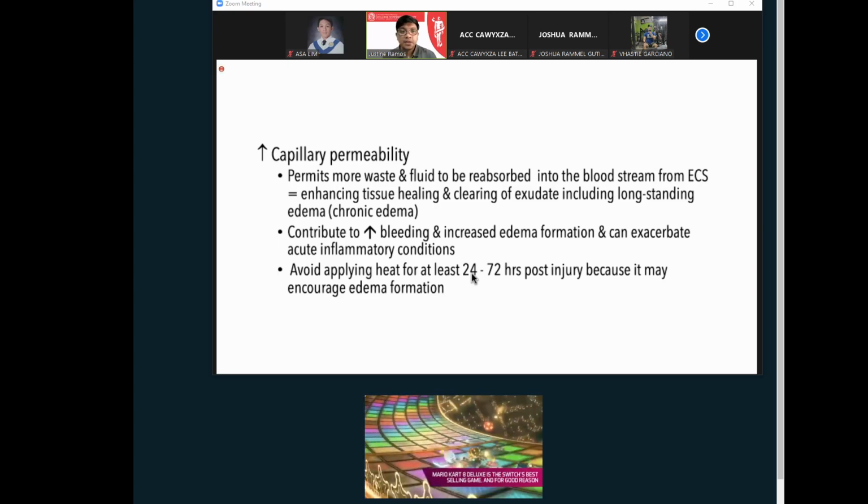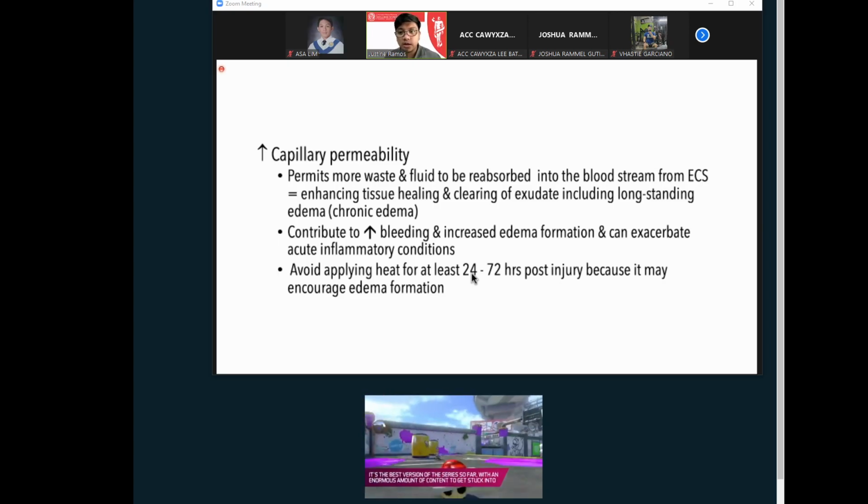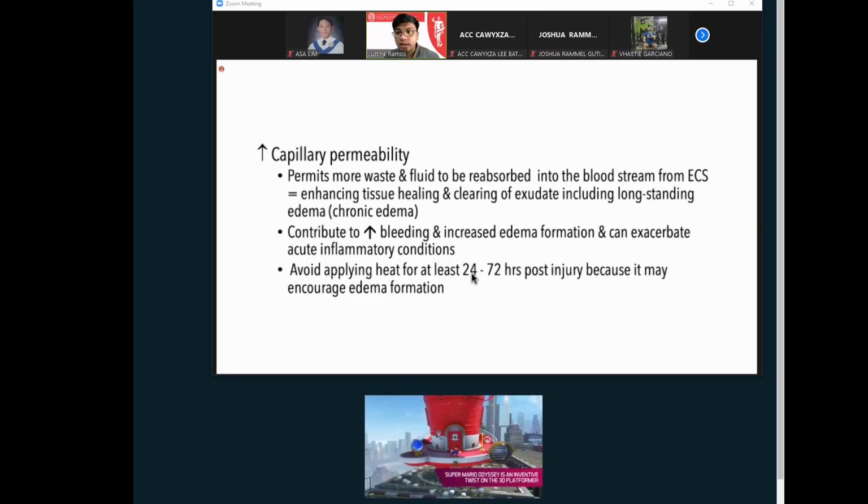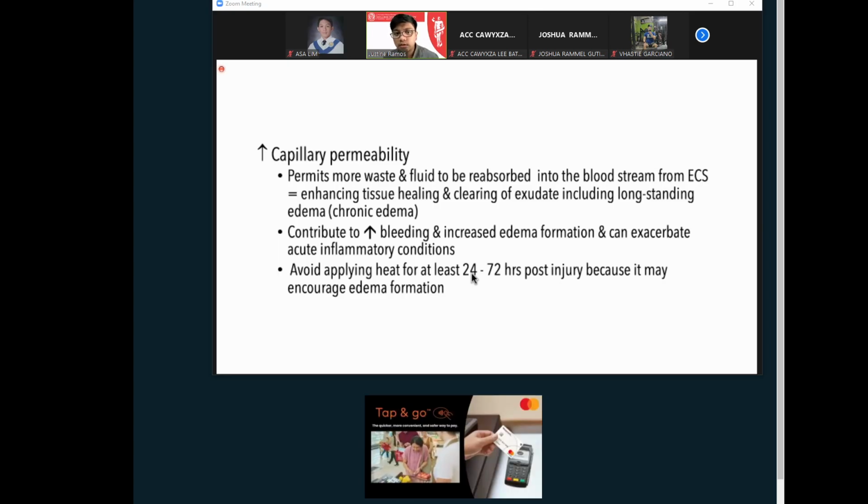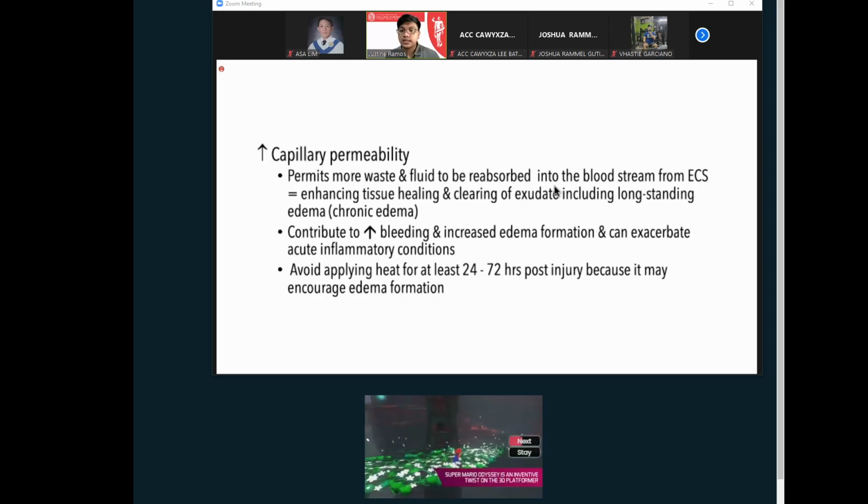Okay, but remember, although the edema is increased, okay, the capability of removing it is greater. Tama? Kasi there is an increased capillary permeability on the area. Remember, kaya ka naman nagkakaroon ng edema is because there is an increased capillary pressure, okay, and of course, no, yung mga harmful metabolites along the area or the injured area. So with increased capillary or lymphatic permeability, it aids with the reabsorption, okay, of this fluid back to the systemic circulation.